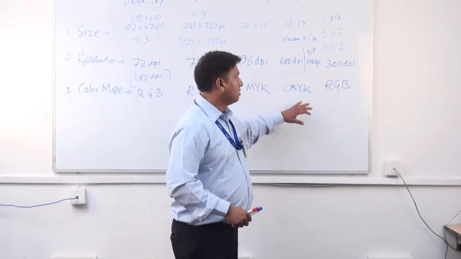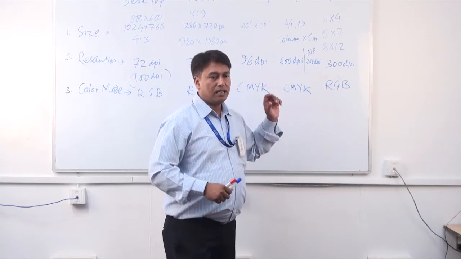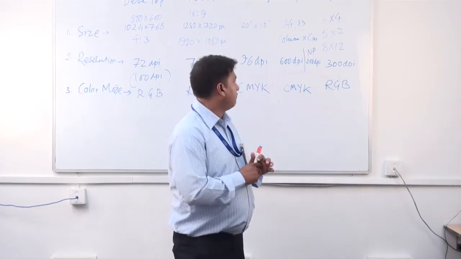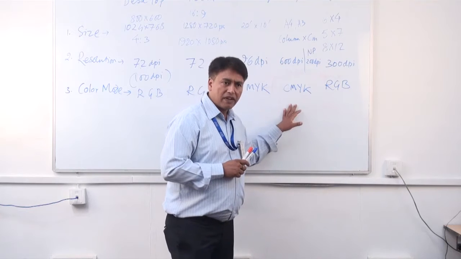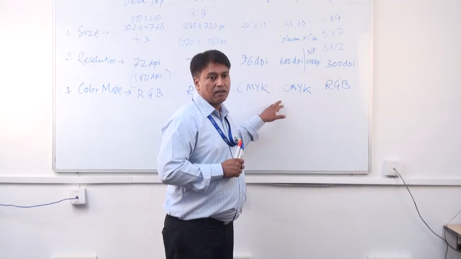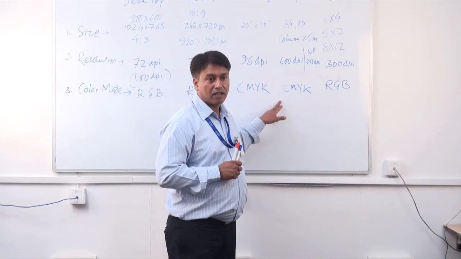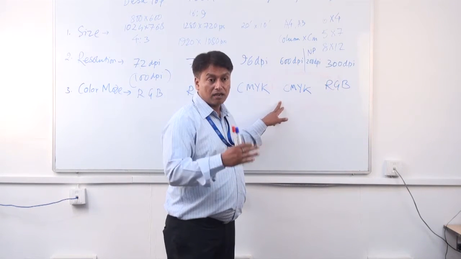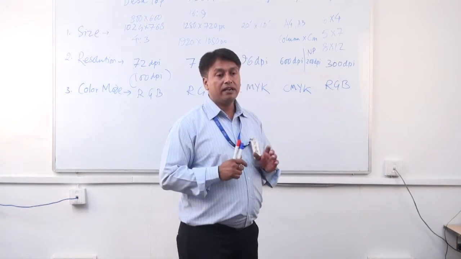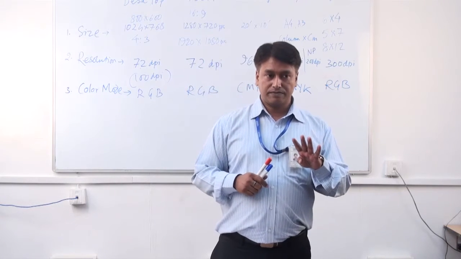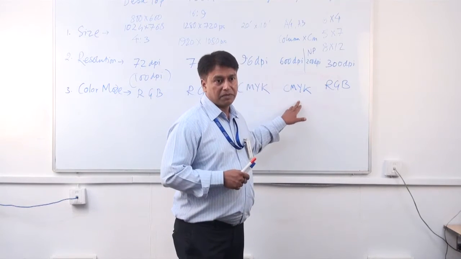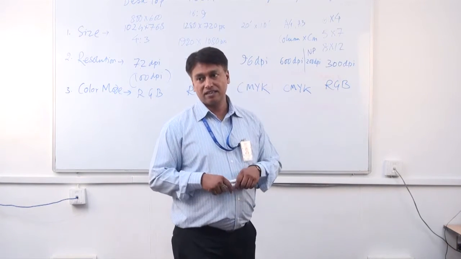Now coming back to the printing part. There is an option of channel in Photoshop. If you have designed a graphics in CMYK, you can switch off the individual colors and just have a printout of cyan. Only the cyan color content will be printed. So actually in printing technology, there are 4 colors: cyan, magenta, yellow, black. C stands for cyan, M stands for magenta, Y stands for yellow, and K stands for black.